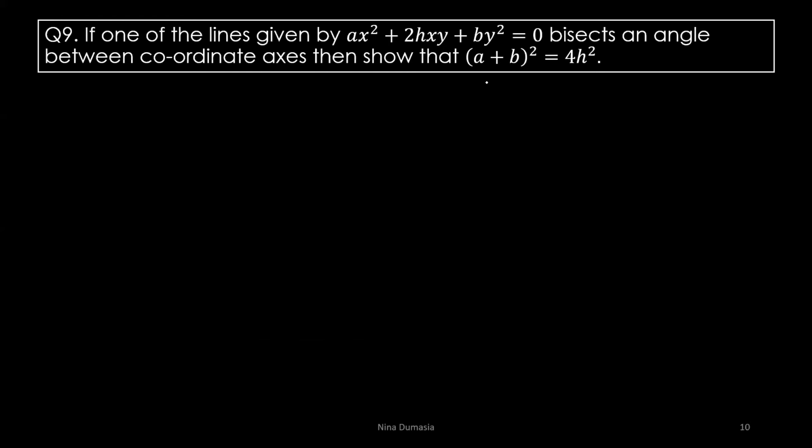If one of the lines given by ax square plus 2hxy plus by square is equal to 0 bisects the angle between coordinate axes, then show that a plus b the whole square is equal to 4h square. Now, if you realize,